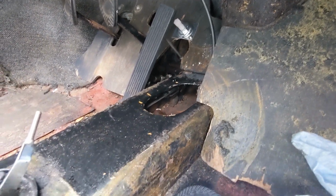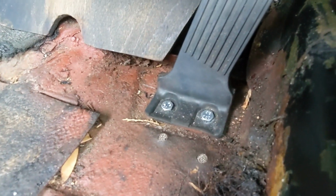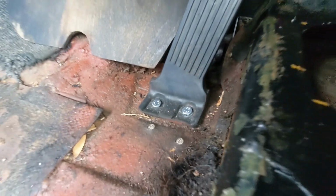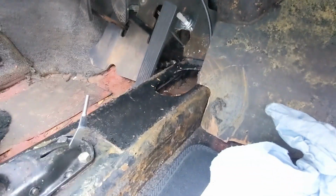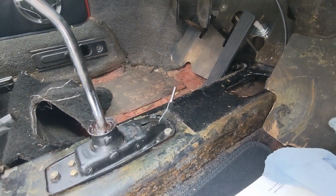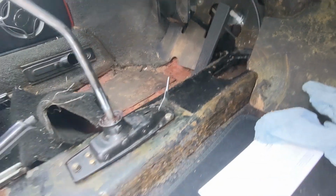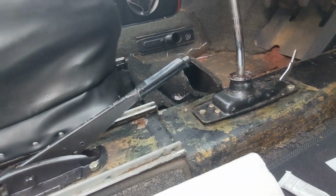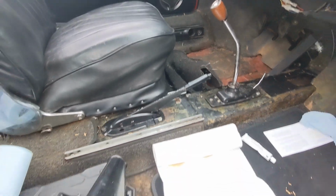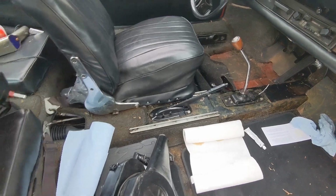That's important. And actually, I found out that there's a bunch of rust down here, but the previous guy had moved the accelerator pedal. So I moved that so that the actual stop would work, and that part is working very well now. I don't know how much better it's working, but in terms of what it felt like stock, it's much more enjoyable. I just took it for like an hour drive, and